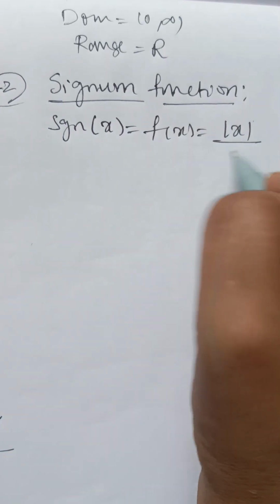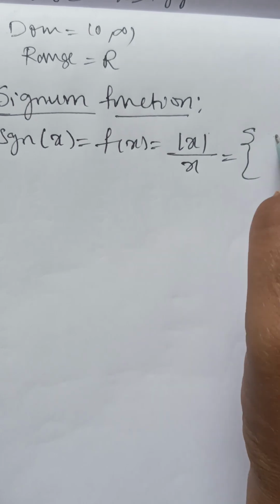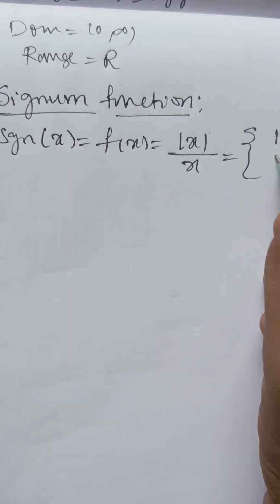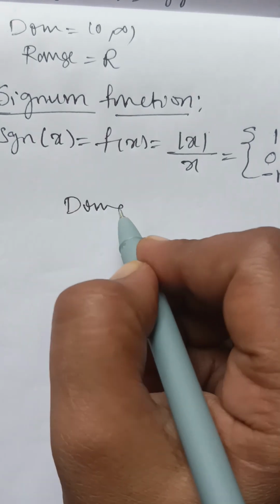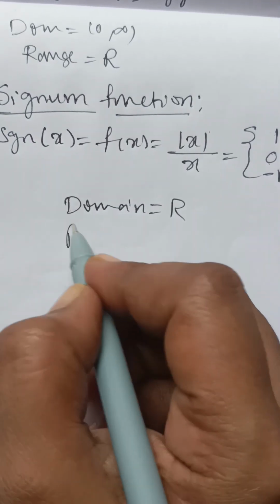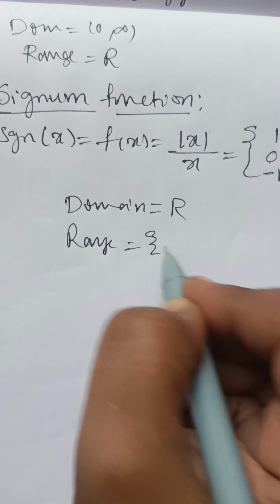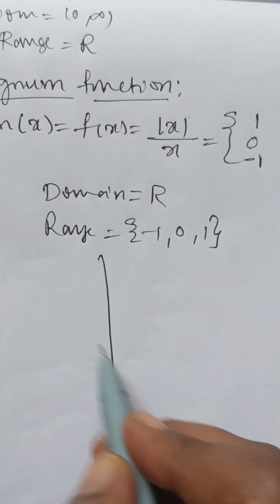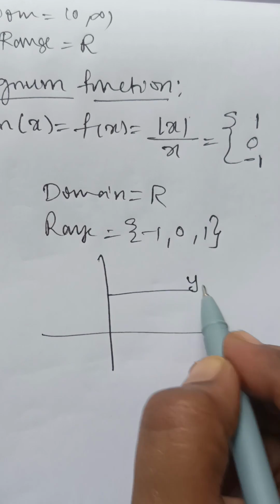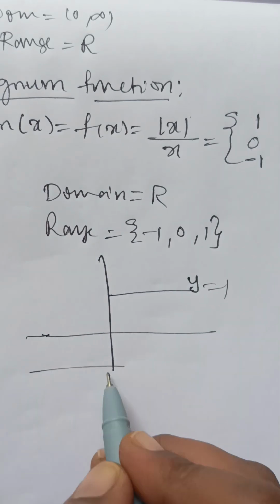Okay, next one is signum function. A function f from R to R defined by signum of x equal to f of x, which is equal to mod x by x. It can be defined as, if x is greater than 0, the answer is 1. For x equal to 0, signum function is 0. For x less than 0, it is minus 1. So its domain is R and its range is